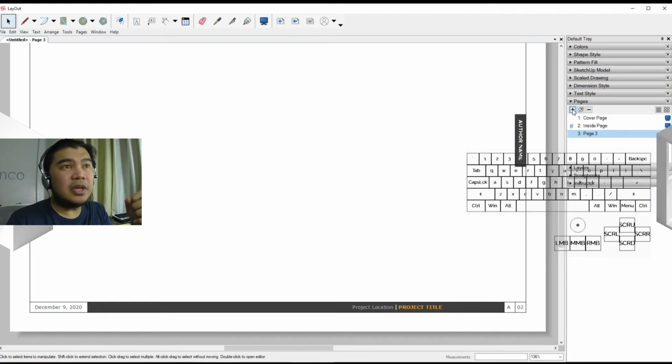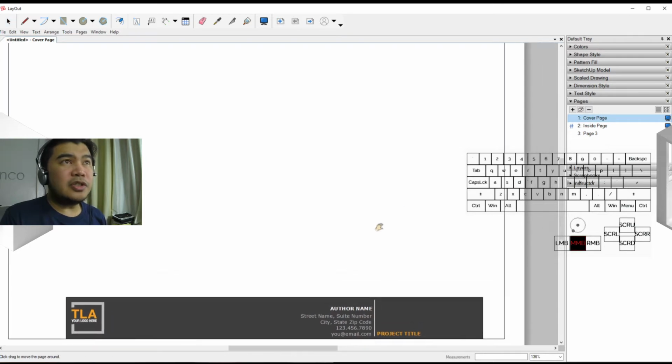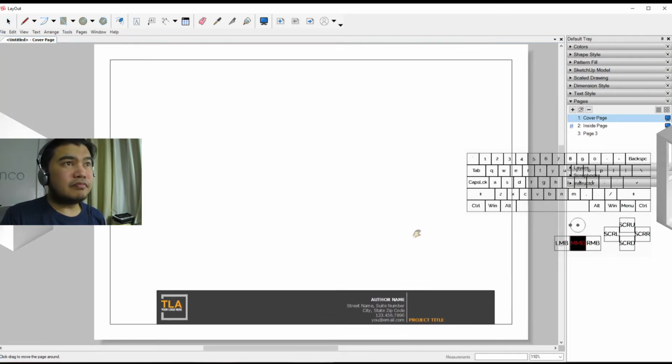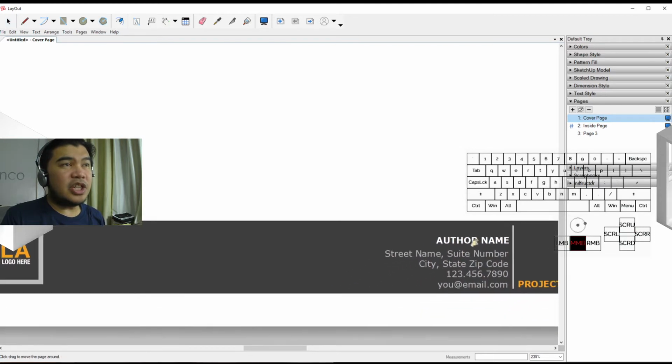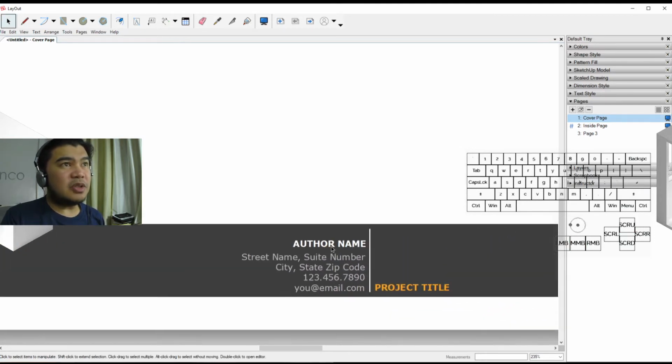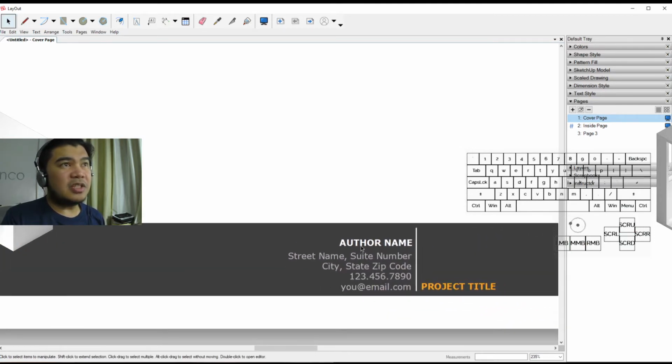So let's create one page. And as you can see, this is page A02, and it has everything that has been pre-assigned to this page. Now, of course, you're wondering where these things can be changed, right? Because we don't want it to be saying that. We want it to be actually saying our name. So